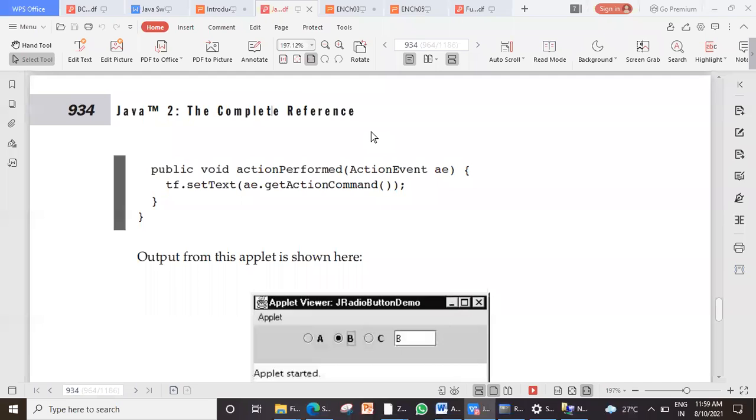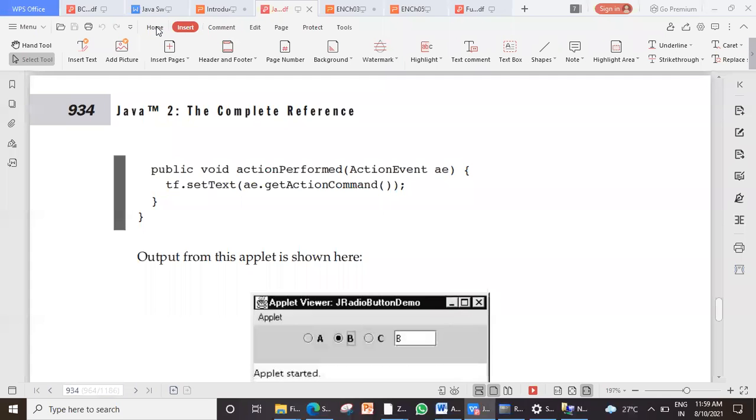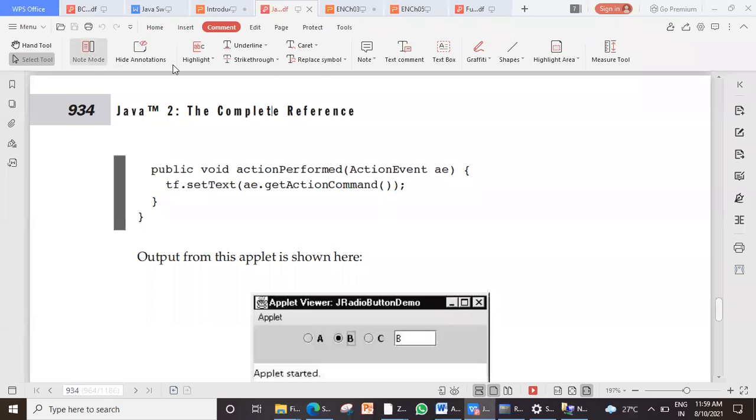A tabbed pane looks like one window divided into different components. Like how? I'll tell you. Now this Home button is there, the Home tab. See the buttons which are included in the Home tab. Click on Insert. Different options. Comment, different options. Clear? So this is how a tabbed pane will create one pane with tabs. Each tab will open a different sub window for you. Fine. So that program is there in your textbook. We'll cover that in the next class.